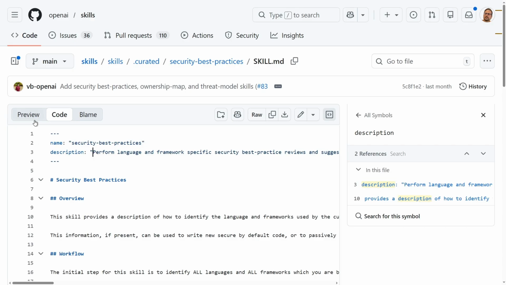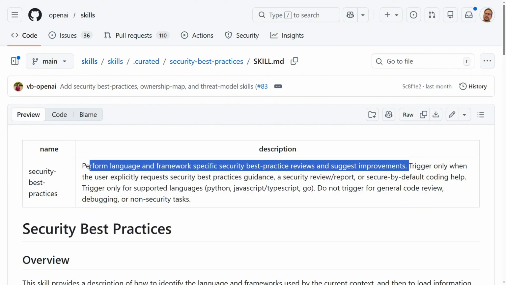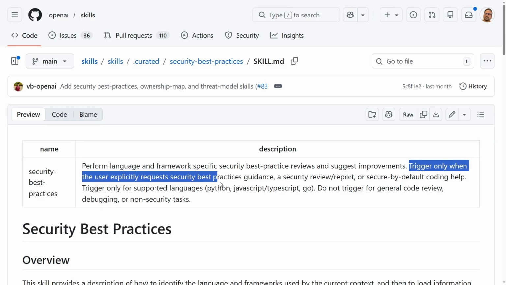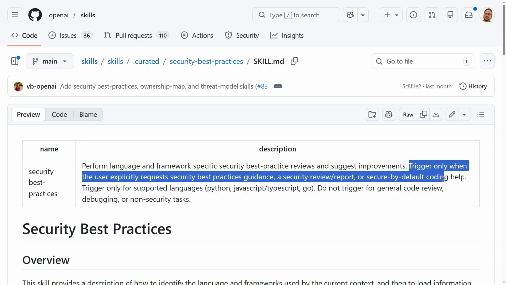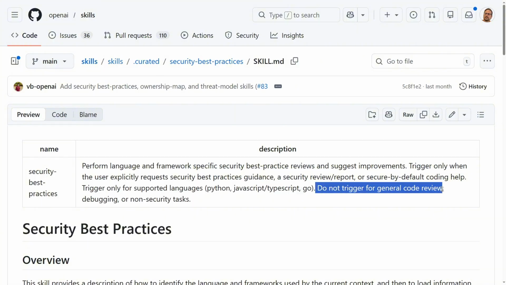It defines how to trigger this skill. It says trigger only when the user explicitly requests security best practices guidance, a security review report, or secure-by-default coding help. Trigger only for supported languages: Python, JavaScript, TypeScript, and Golang. And don't trigger for general code review, debugging, or non-security tasks.